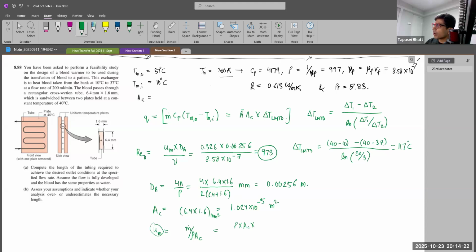Wait a sec, I think I'm making a mistake. Do we know m dot? We need the density as well, right? But we know the flow rate, which is 200 ml per minute. So we are going to say 200 ml over 60 seconds. This is the flow rate,